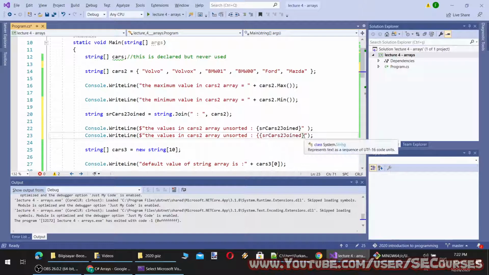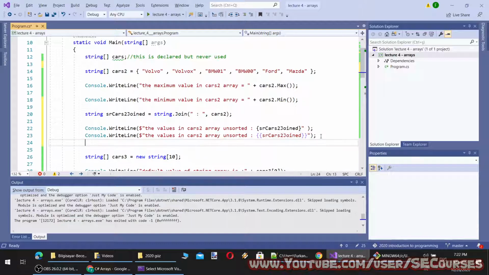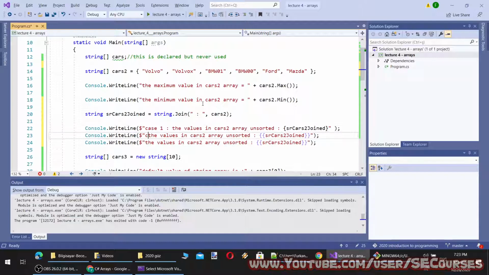If you make it a double curly bracket, this will become a regular curly bracket value. And if I put one more time, let's make it like this. Here's one, so you will understand it better. Case 2 and case 3. Okay. So I am going to put one more time.